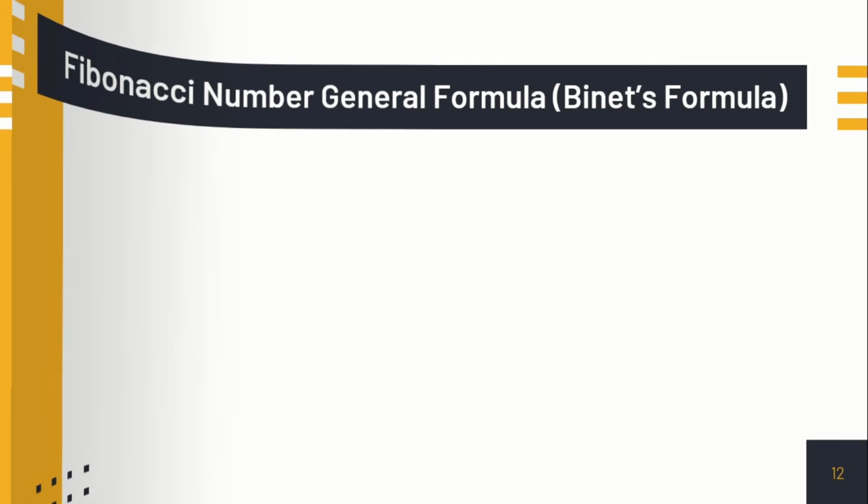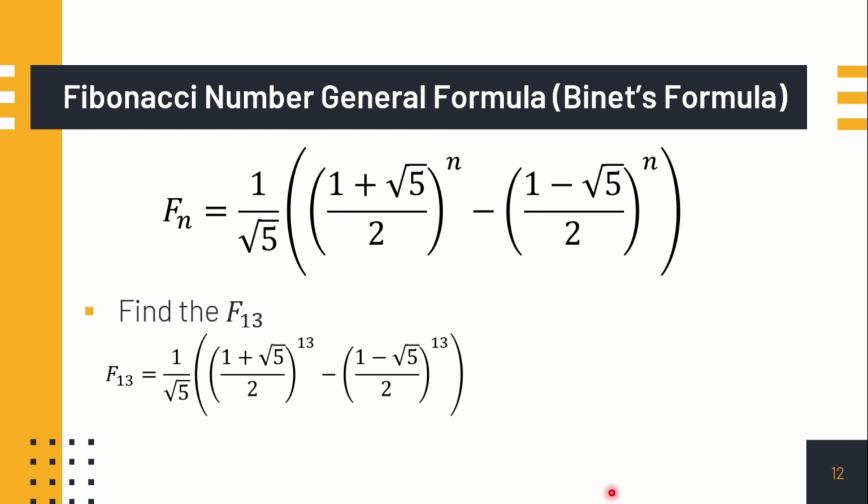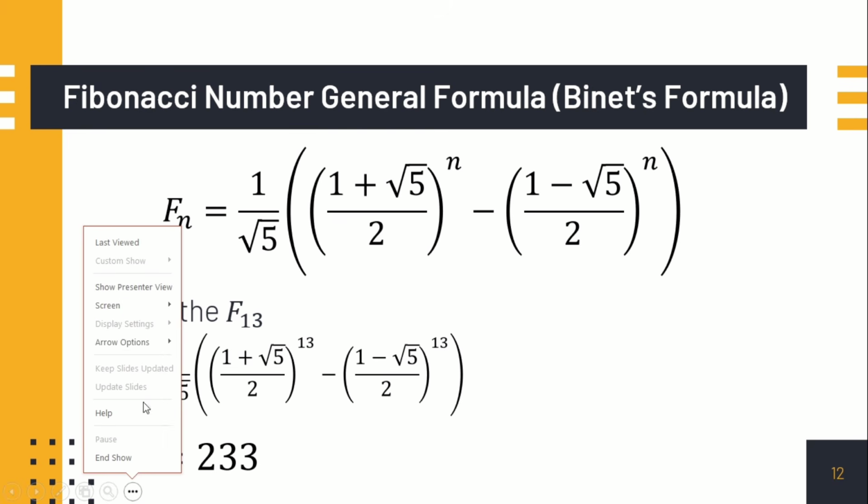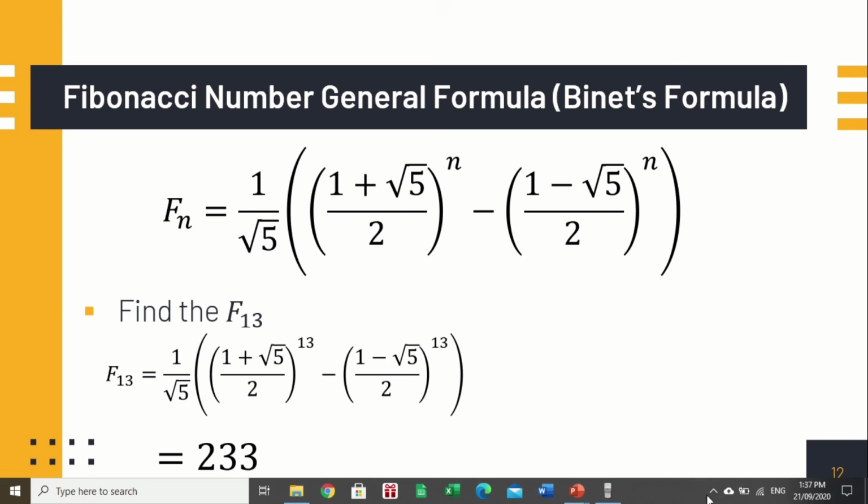233. Okay, tingnan natin. Using this formula, for example, wala kang table, no? So, papalitan lang natin yung n natin ng 13. So, the answer will be 233. So, using your calculator, okay, papakita ko lang. Okay, using your calculator,